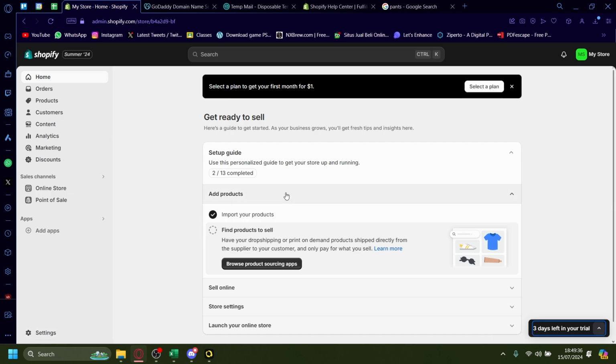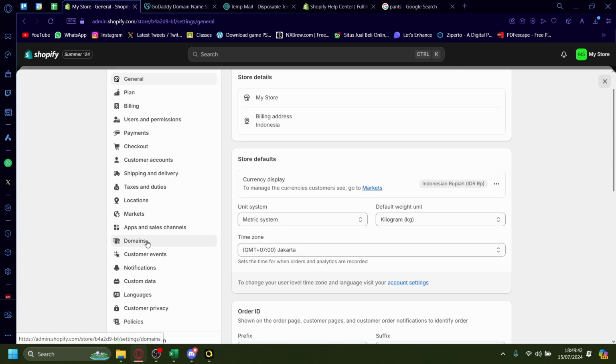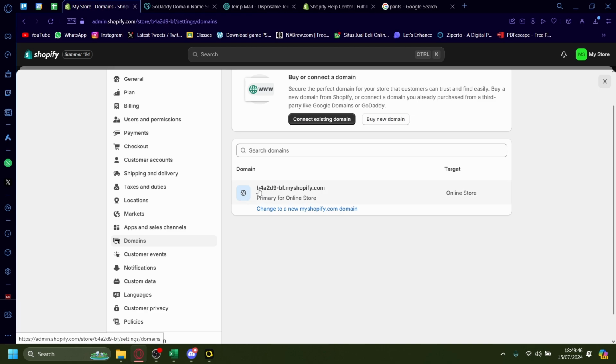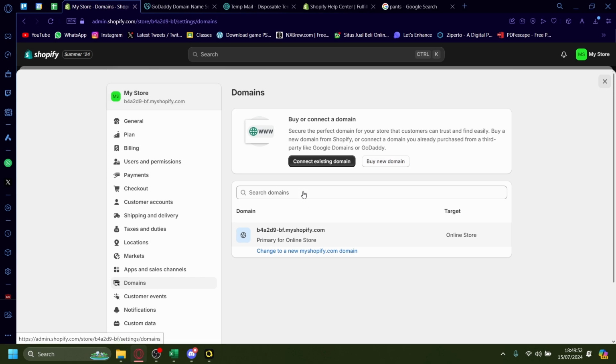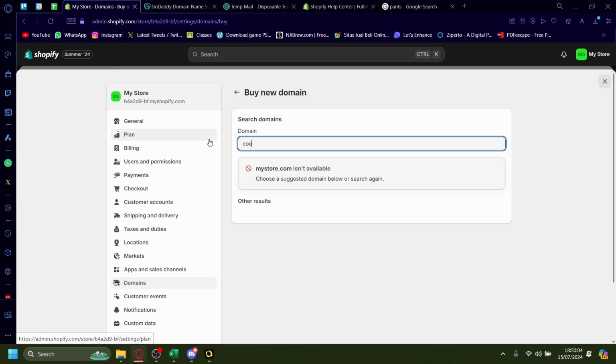Once you're on your admin dashboard, go down here onto settings, and then go down onto domains. Here, you'll see this is our current domain, B4A2D9, blah, blah, blah, blah. It's just a random string of letters and numbers. If, for example, you're selling shirts, it'll be cool if you have a domain name called coolshirts.com. So we can add that domain if we'd like, we can buy it. If I search in cool shirts,